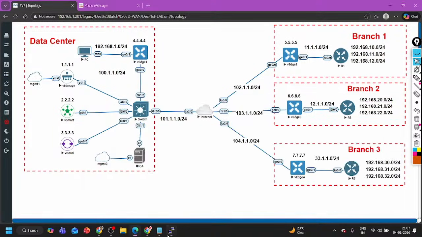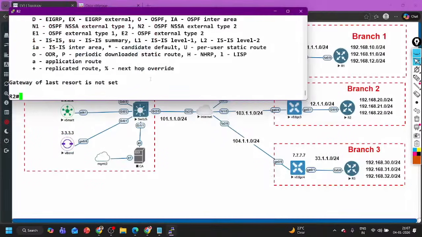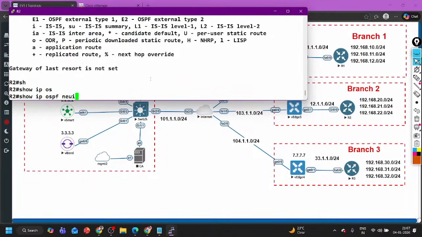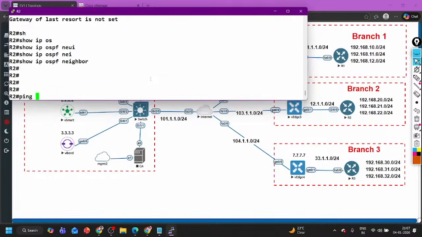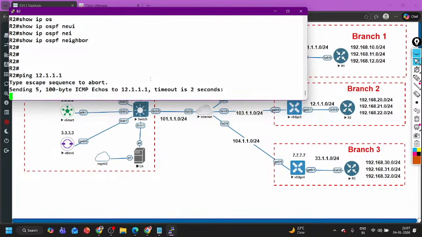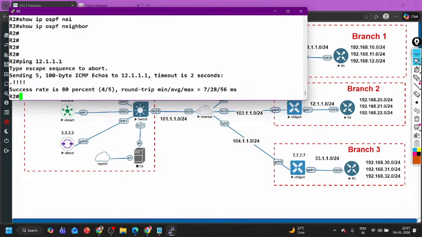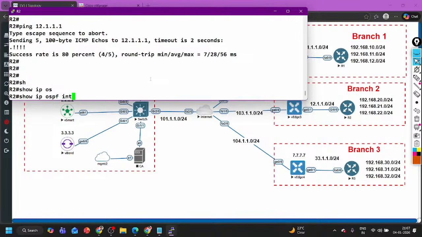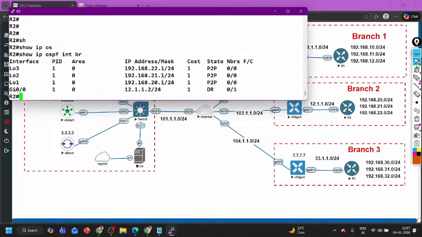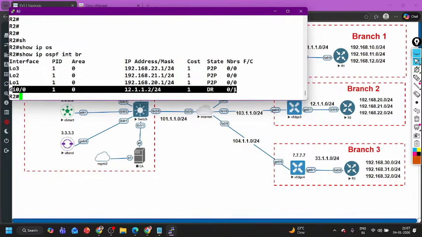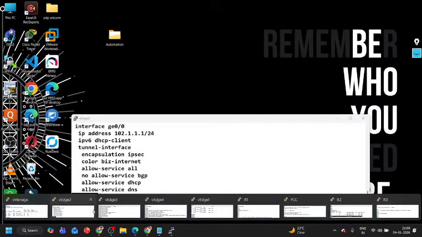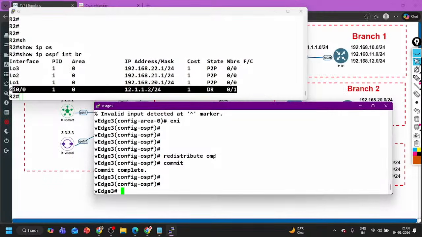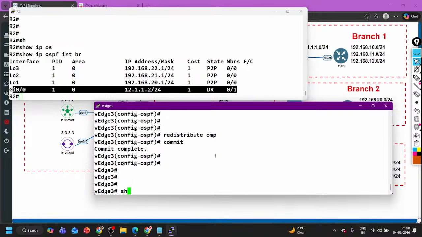Now go to R2 and check OSPF. So show IP OSPF neighbor, ping 12.1.1.1. So show IP OSPF interface brief, is OSPF enabled on the 0/0 interface? Yes, DR. What happened then? So